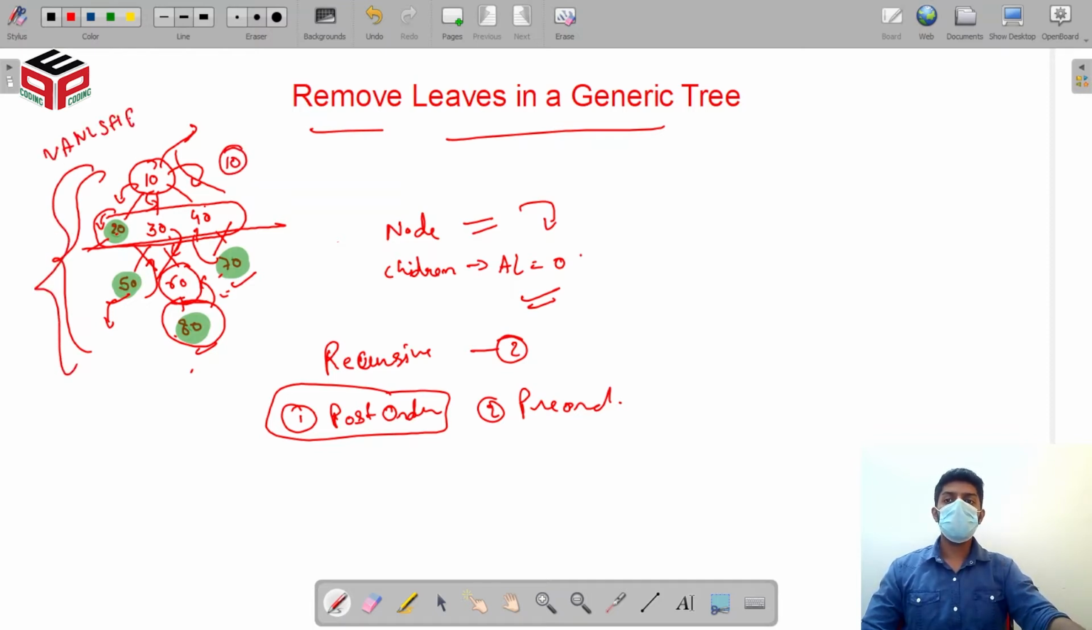So I cannot actually use this post order approach. I need it to be the pre-order approach. So let's see how pre-order is going to work. Actually, what I'll do is, as 10,